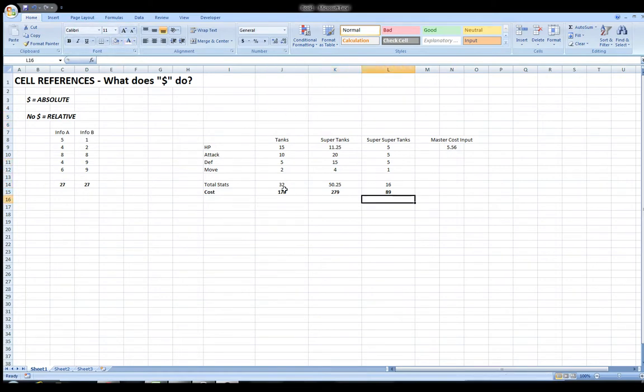So I hid and then unhid. Let's say we're doing a strategy game. We've got tanks, super tanks. And let's say through playtesting, we determined that there's this master cost input, because what we're trying to do is figure out how much a tank or super tank should cost. And in this case, maybe through playing we found that units should basically cost their total stats times this master